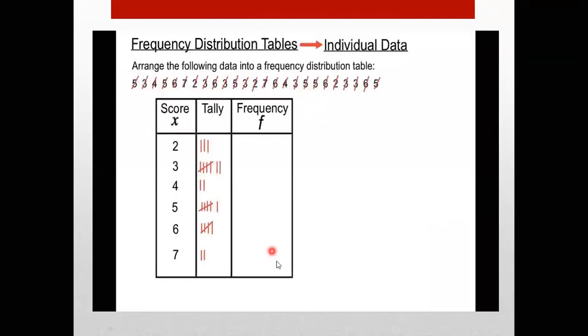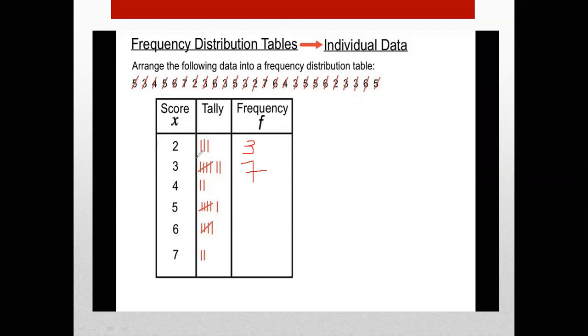So for example, you will see that here 2 has 3 tally marks. So you'll just be counting it and writing 3. So this is your frequency. Now here you can see it is 5 plus 1 and 2, that is 7. So then the frequency is 7.